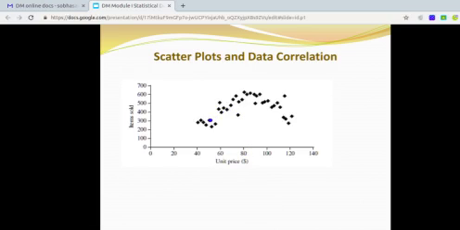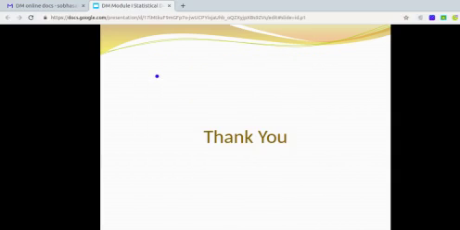And if your data is not at all symmetric and is randomly distributed all over the sample space, then it's better to apply scatter plots and the data correlation technique. So this is a scatter plot representation, taking one attribute on the x-axis and another attribute on the y-axis. So these are the techniques that we use for statistical calculation, and these are the graphical interpretations of the statistical results that we have created from the given data set.